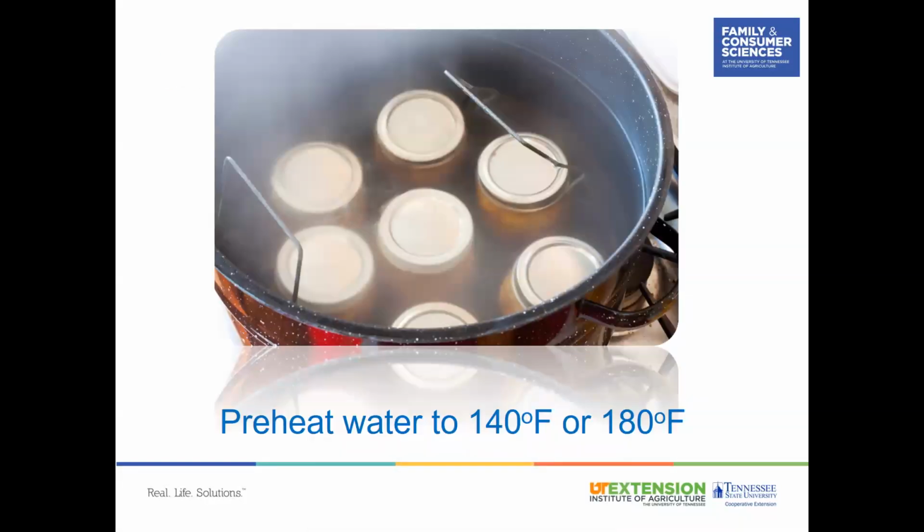Now, before you start preparing your food, you'll want to fill the canner half full with clean, hot water. Preheat the water to 140 degrees for raw packed foods and 180